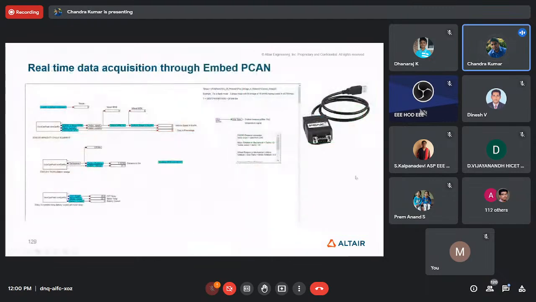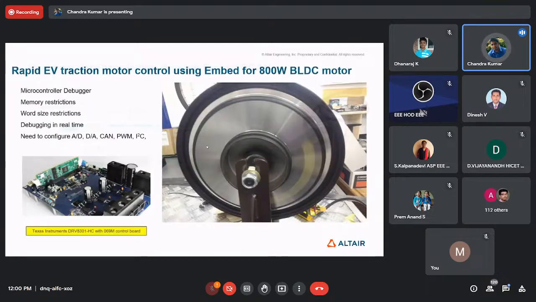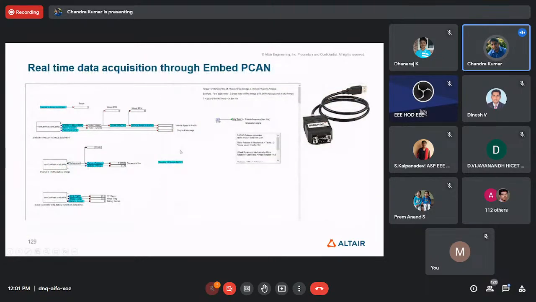So how we collect data is through the CAN. This is a PEAK CAN analyzer. Basically, we do real-time data acquisition. One way is through sensors, you can collect data. Another way is that telemetry data is already coming through CAN. CAN is a commonly used protocol on the automotive side. So we collect all the data like motor speed, current, torque, all these parameters, in a real-time environment. That is what we did for the e-mobility digital twin in terms of data collection and processing.